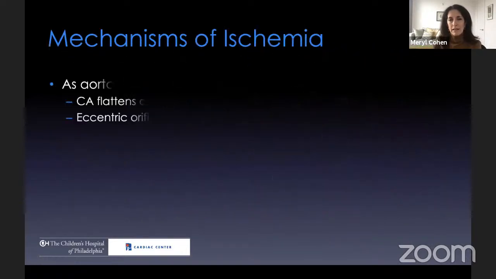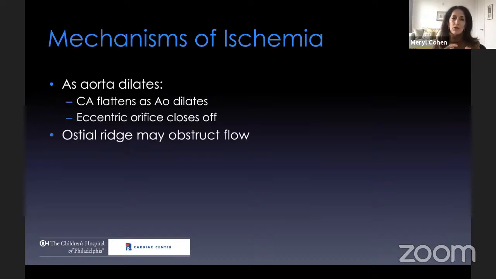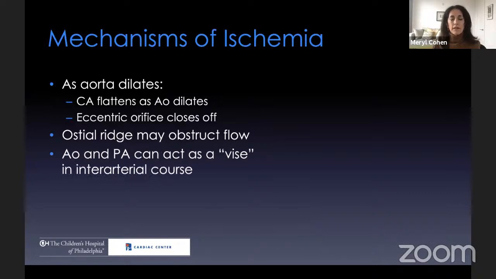So what are the mechanisms of ischemia? Of course, we don't know for sure, but because this sudden death is highly associated with exercise or physical activity, it's believed that as the aorta dilates, the coronary artery becomes flattened, and potentially the eccentric orifice may close off. If there's an osteal ridge, or a ridge of tissue within the coronary, that may obstruct flow during exercise. And being between an aorta and a pulmonary artery that are enlarged with exercise can potentially act as a vice